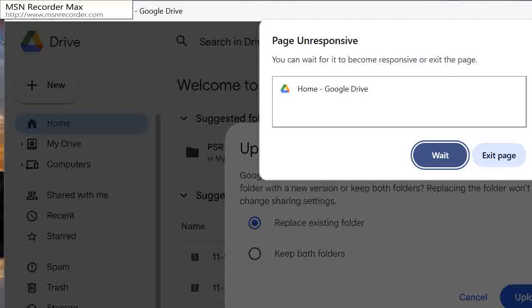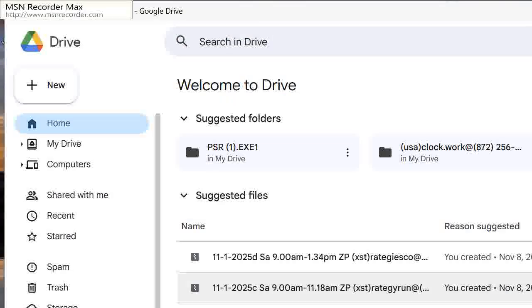Right, then Google gives me the option of upload option, and I select replace existing folder and click upload again. So Google replies by saying uploading one item, 18 minutes left, 7 of 148. Then I return back to my notepad to note that